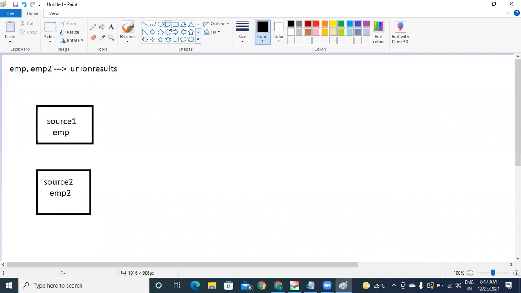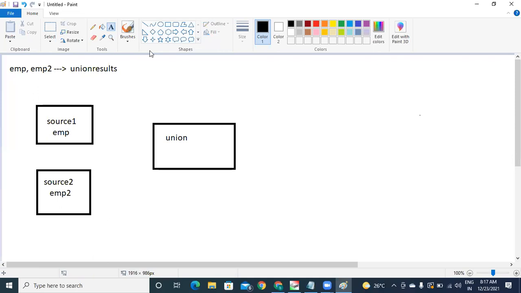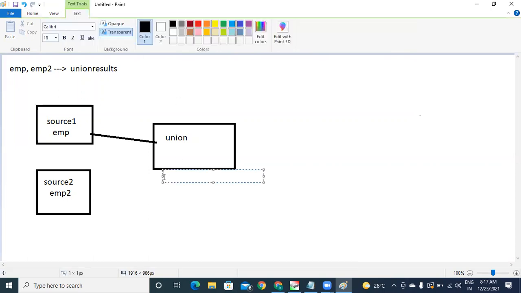After that, we have to place union transformation. And union transformation, and you have to join these two things. Only source 1 you just join. There is an option union with the option. Whenever it is asking union with what data set, you have to give source 2.